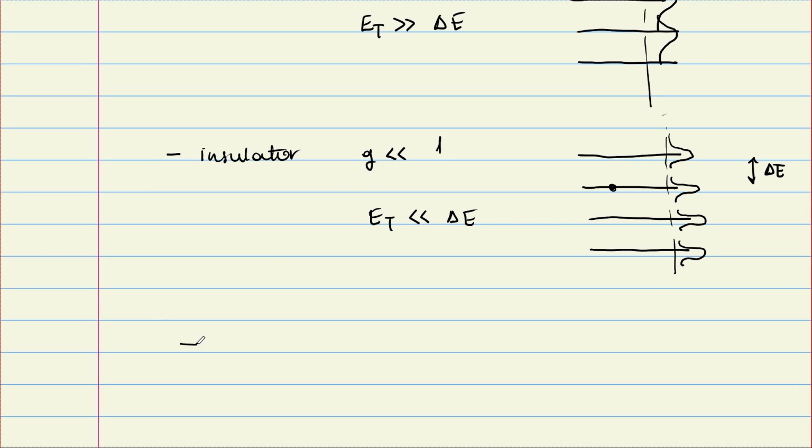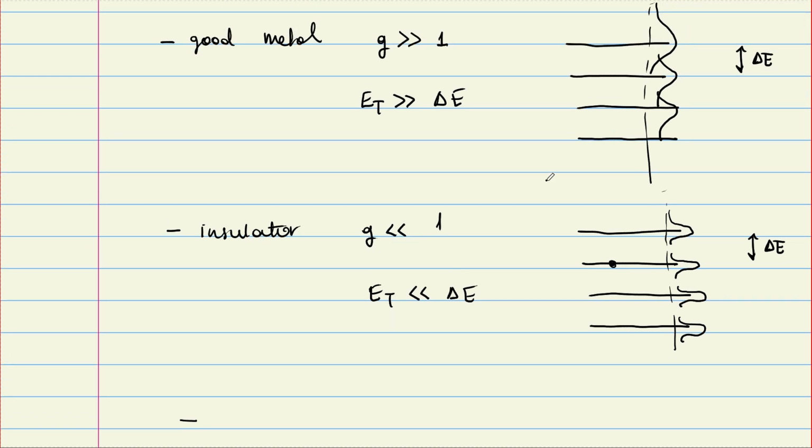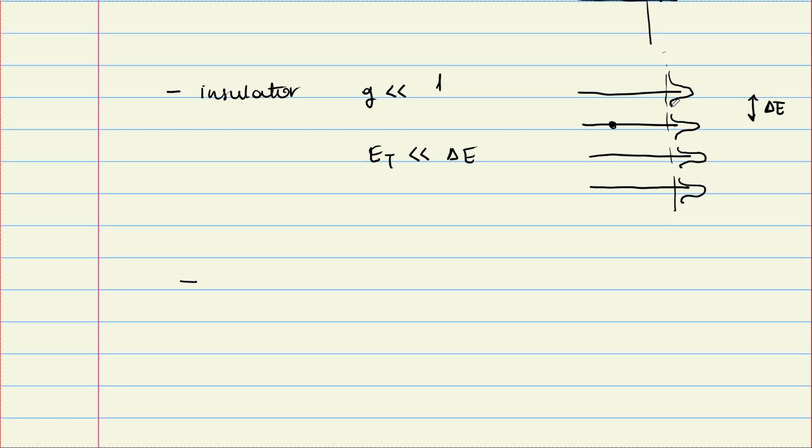Another thing to notice here is that in a metal, these levels kind of overlap, and the corresponding eigenstates are delocalized. That means these different states can hybridize, and if they hybridize, they are going to be correlated. So in a metal, energy levels are correlated, and there is some kind of level repulsion,